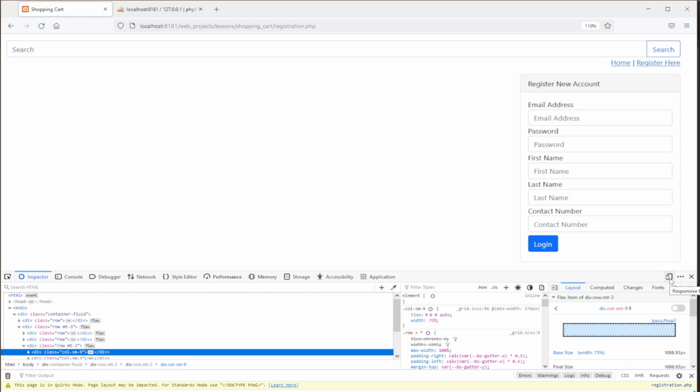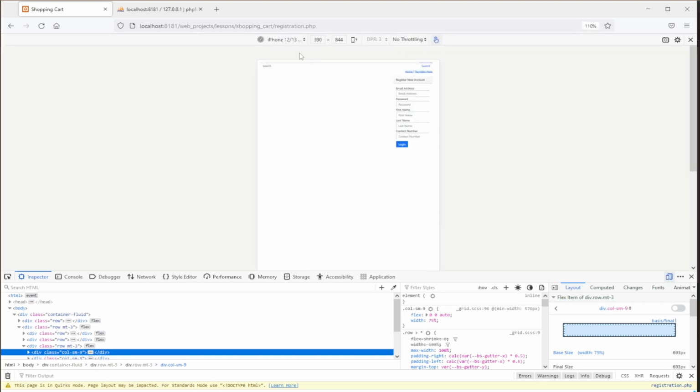If I'm using Google Chrome, that's going to be a different story. I don't know actually where to find responsive design mode in Google Chrome, but in Firefox, this is what I would normally do. So I'm going to click responsive design mode. This is currently how it will look if I'm using iPhone 12 or iPhone 13. But since we won't be concerning ourselves with how it will look on the mobile phone, what we wanted to do is basically change this one to